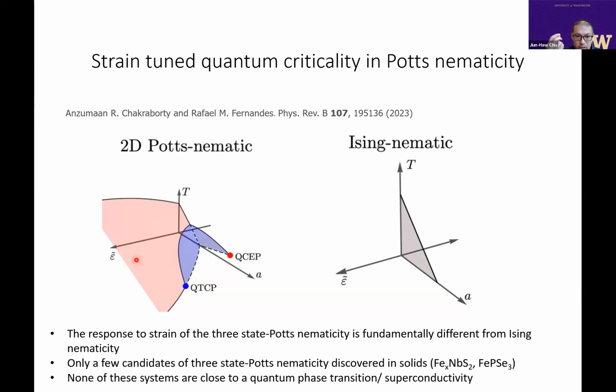Furthermore, if you think about the quantum phase transition, that is, if you find a way to tune this three-state nematic transition to 0, you are also seeing a very different behavior for the Potts-nematic quantum phase transition and the Ising-nematic quantum phase transition. So the Ising-nematic quantum phase transition is a second-order phase transition, which will end in a second-order nematic quantum critical point,